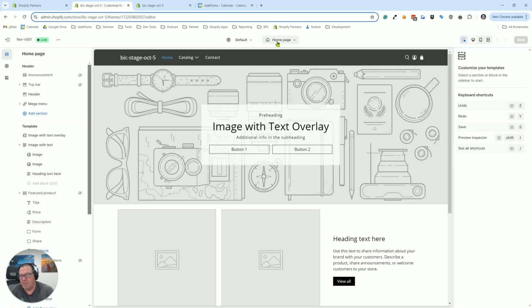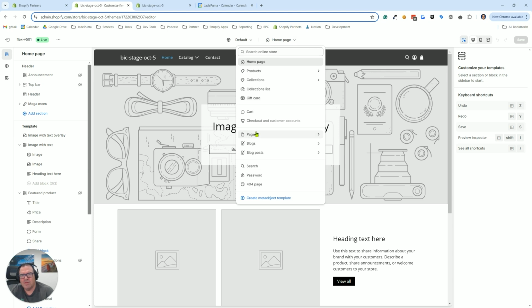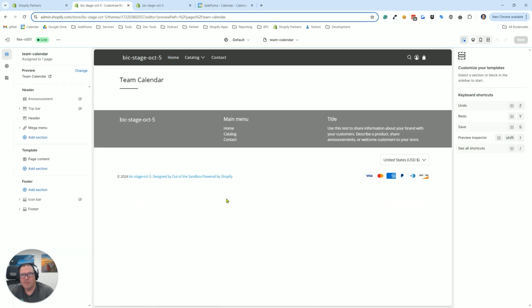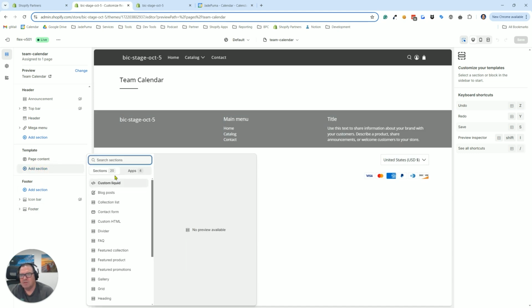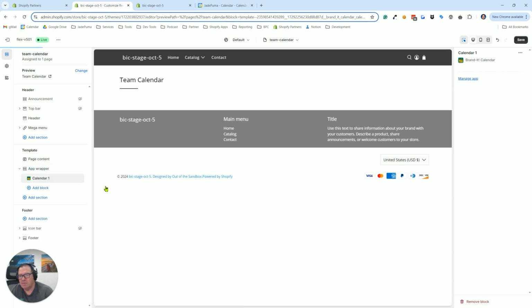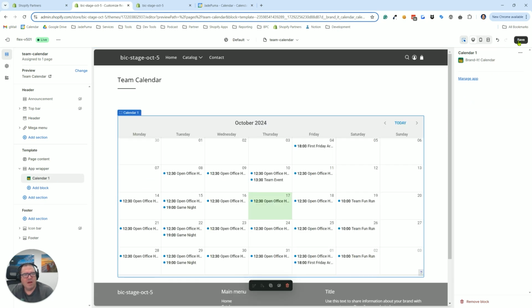I'm going to go to the top up here, and I'm going to select that page template we just created, Team Calendar. And now here's my page, and I'm going to add a section. We're going to go over to Apps here, and now we see Calendar 1 for Branded Calendar. I add that in, and then I save it,